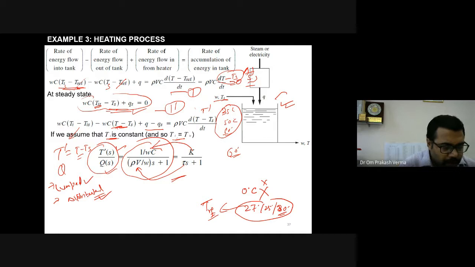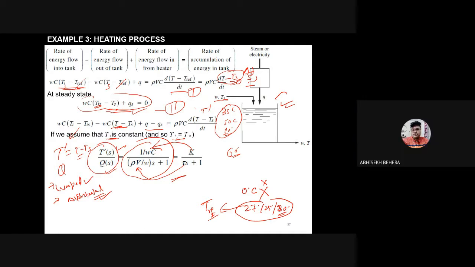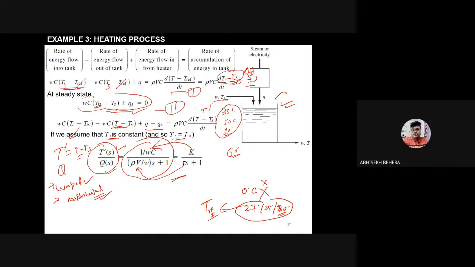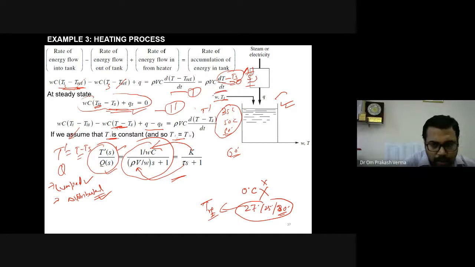Please. So I think it's a lumped type process. Why? Because I'm not sure. Other students,